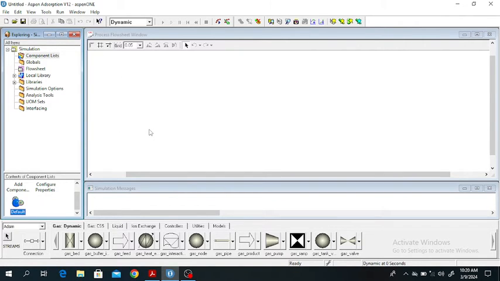So the process flow sheet consists of the feed gas. This is a dynamic model, so this is a feed gas. We will select a valve, a feed valve, and this is the gas bed, and this is the product valve, and this is the product gas. Okay,